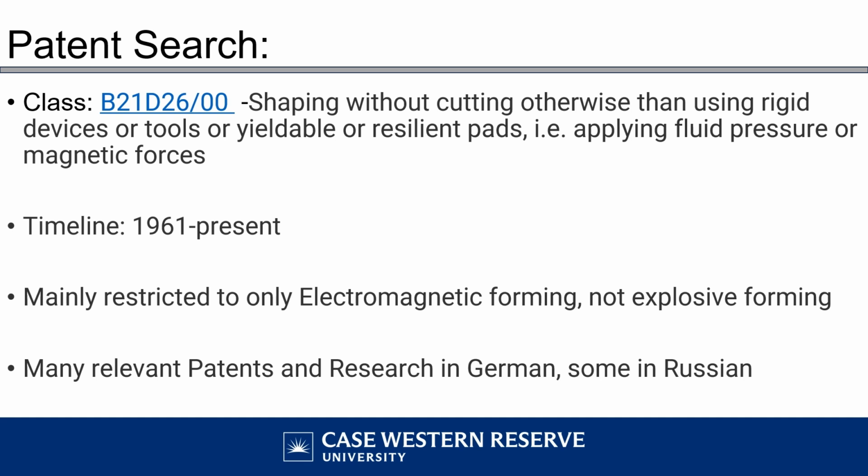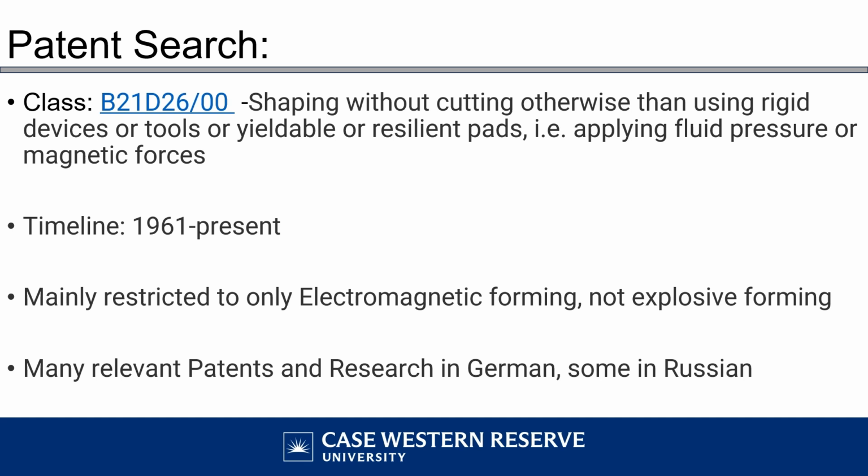It has such an extensive history that it would be impossible to even briefly cover each patent individually in a 10-minute video, so I've had to be selective with what to include. I'll be focusing on English language US patents in Class B21D26 and its child classes, that is, shaping without cutting otherwise than using rigid devices or tools or yieldable or resilient pads, that is, shaping without cutting by applying fluid